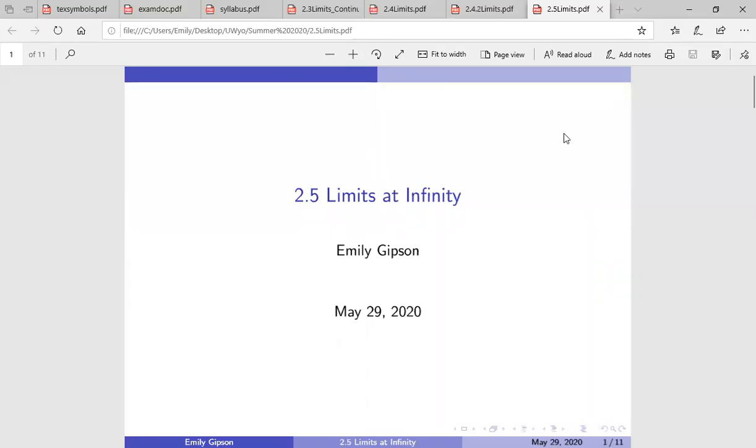Good morning. Today we're going to be working on finishing up section 2.5, limits at infinity. It's going to be kind of a big day, but that's okay. We're going to work through it together. So first of all, let's get to